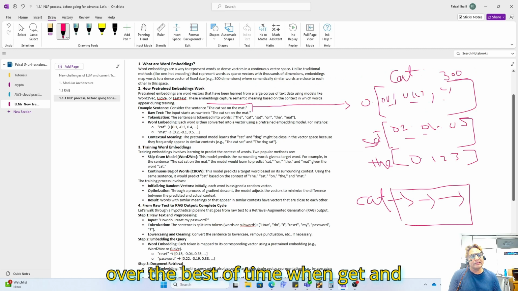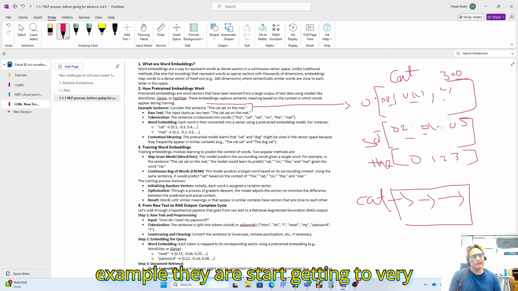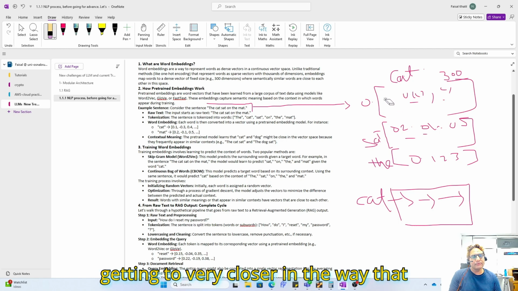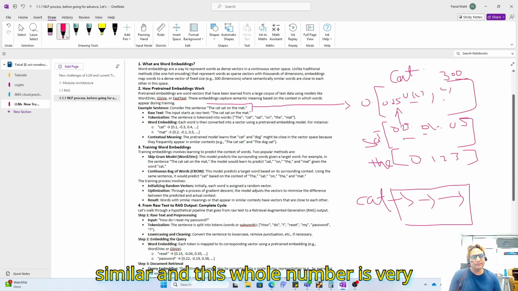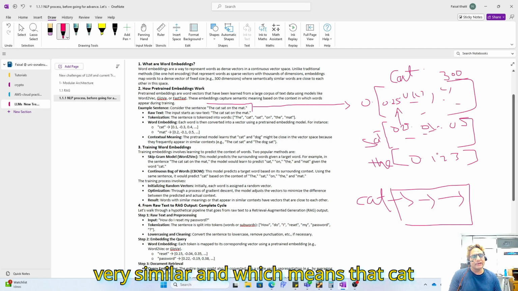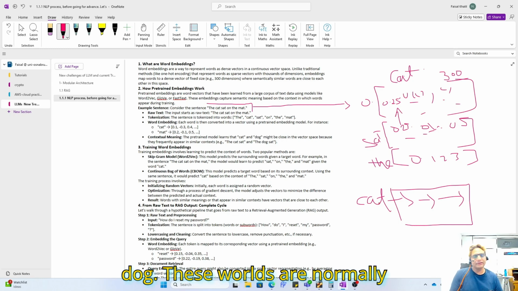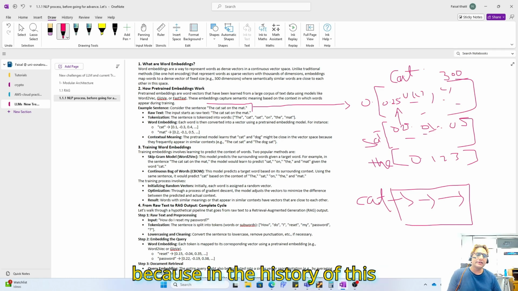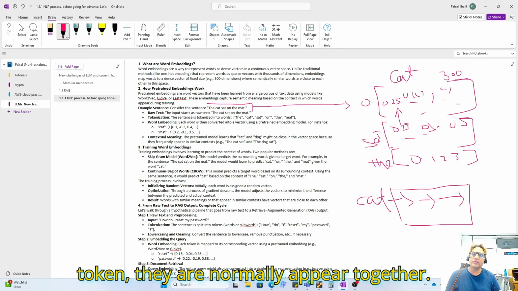When cat and sat are very near, their word embeddings start getting very close, for example 0.25 and 0.29. Now they are very similar, which means that words like cat and dog normally appear near each other, because in this corpus of 7 billion text tokens, they normally appear together.